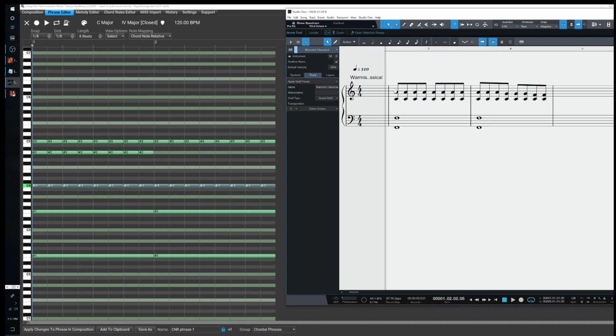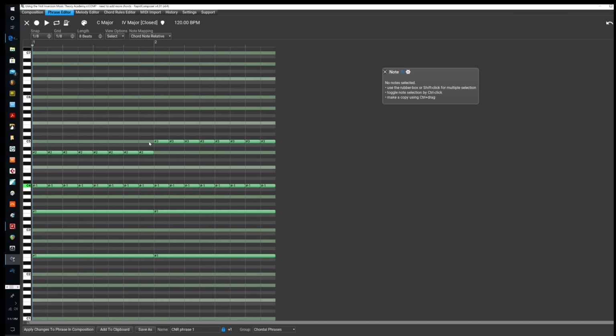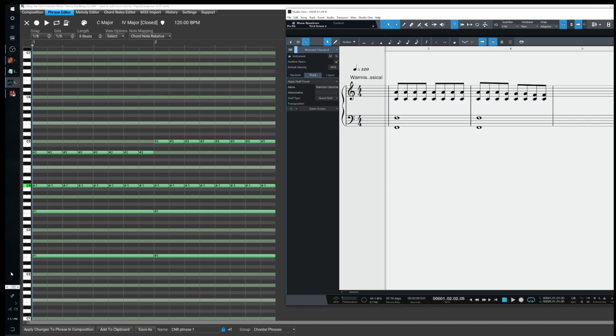Then the first measure of this F major triad phrase that we're creating has A, FAC, so that's the second. And we've actually got those in there already. So all we have to do is delete these in the first measure, and we're good to go on the first measure, right? So let's check it. We've got F, F, C, A, and they're correctly